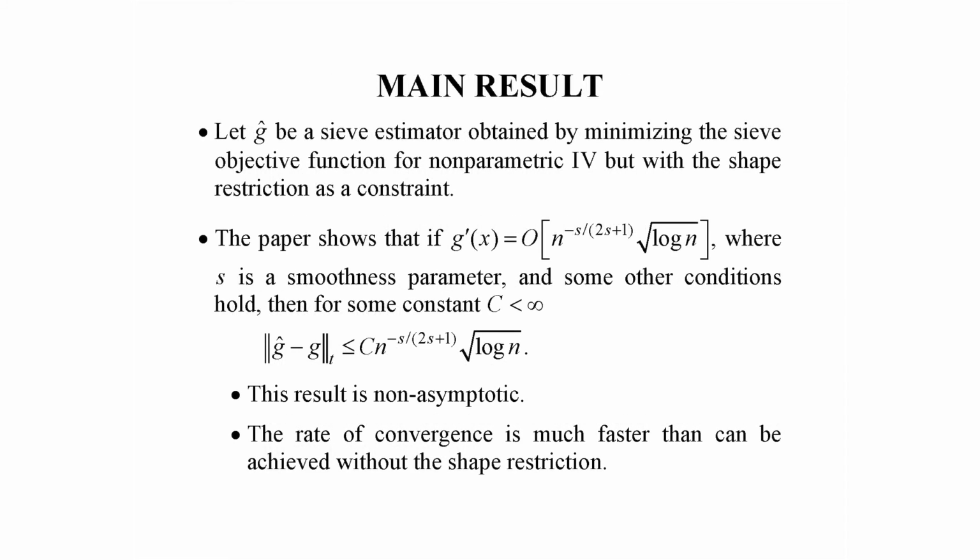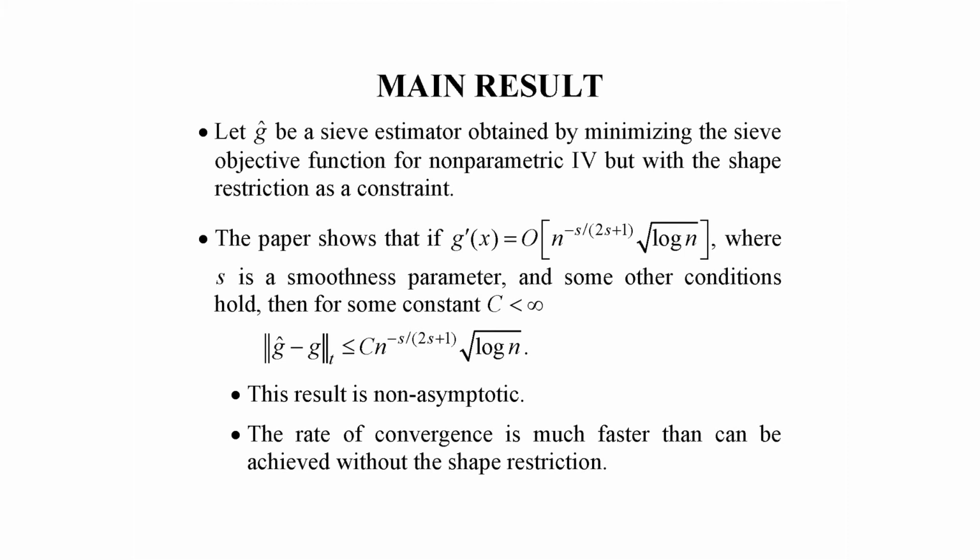Okay, now the main result is they let g hat be a sieve estimator. So basically, it's represented as an infinite series. And the estimation problem is to estimate the Fourier coefficients. And so they do that. And what they show is if the derivative is close to 0 in this sense, so it's within this distance of 0, where s is some smoothness parameter,